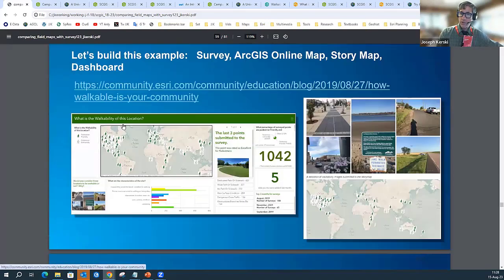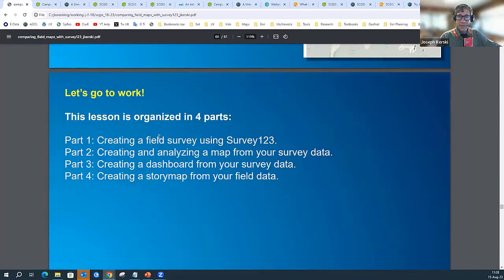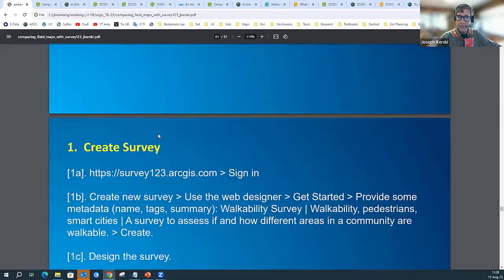Now, at this point in the workshop, I'm going to have you build a survey. Spend a few minutes on it. It's not going to be your master's thesis, but I want to give you some capabilities of creating a field survey. So I'm going to scroll down now, and hopefully if you go to my